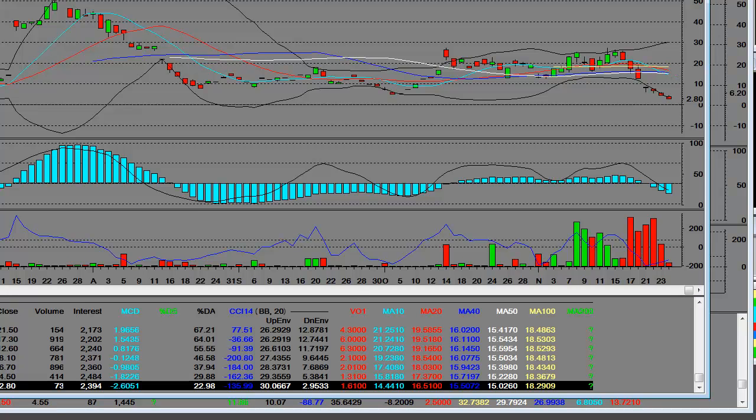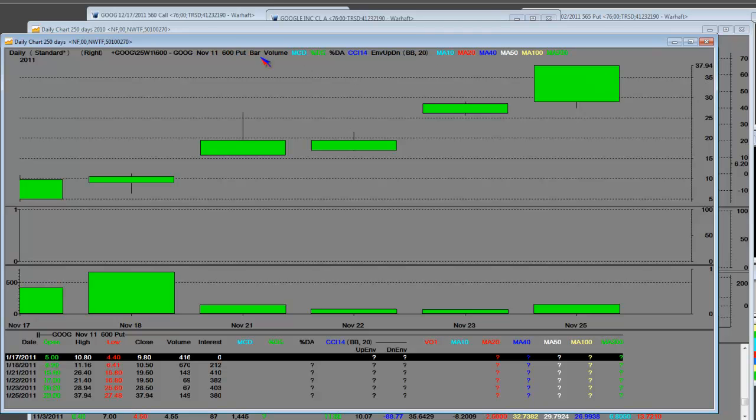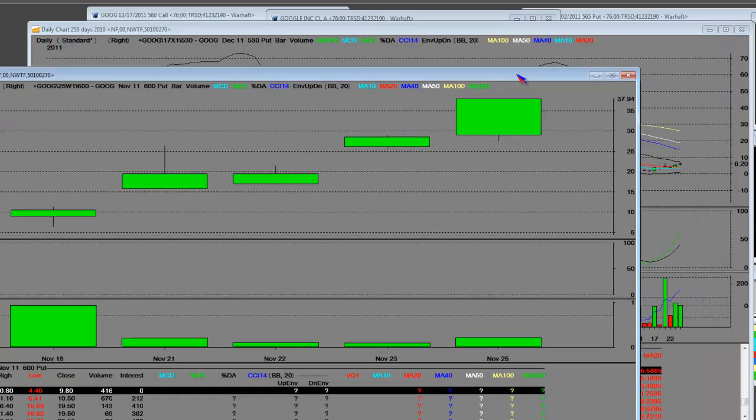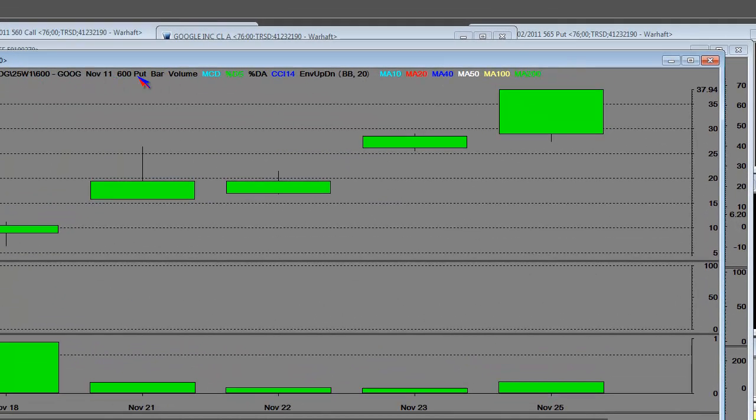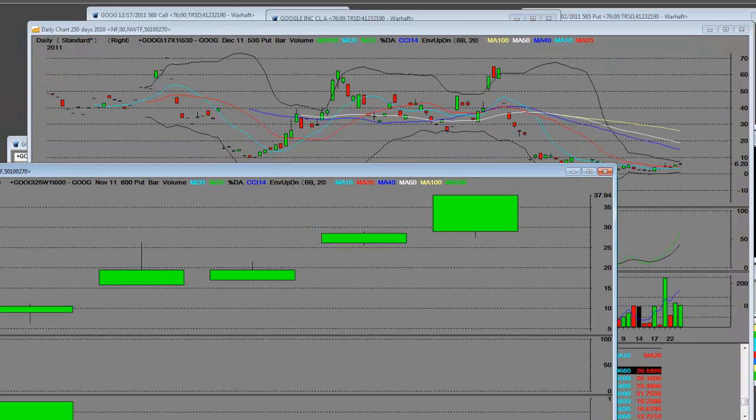Once again, I've concluded some up and out of the money calls and in the money puts. One of the things you're going to want to do in the short term is monitor this put option here. This put option is a 1125 put, and I'm going to tell you where it took off from. You can see the high is $37.94 over here, and it's the 1125 $600 put in the money. I want you to clearly see that this $600 put is for a weekly expiration, because if this thing comes down in value from its inflated price up here, the 600 put loses all its value again, then that means that your call side of the market now,